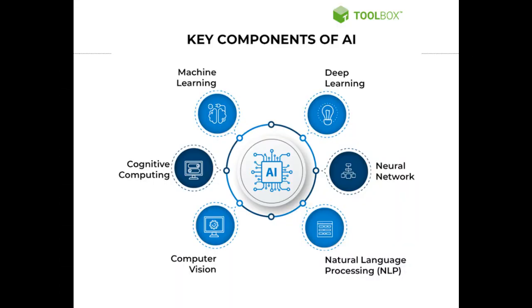So, there are key components of AI that we need to understand. The first one, of course, is machine learning, which we'll get deeper into in the next part of this video. The other part is deep learning, which, like the name suggests, goes deeper into the learning of machines, getting further into neural networks, simulating how the neurons in our brains utilize knowledge. Further, we've got cognitive computing, computer vision, and natural language processing, otherwise known as NLP.